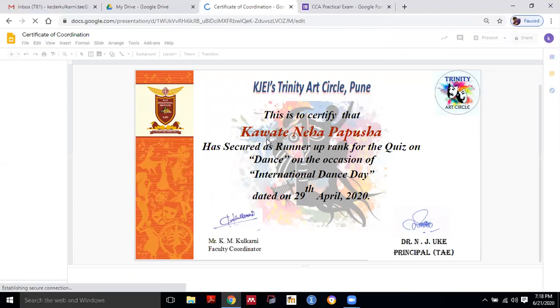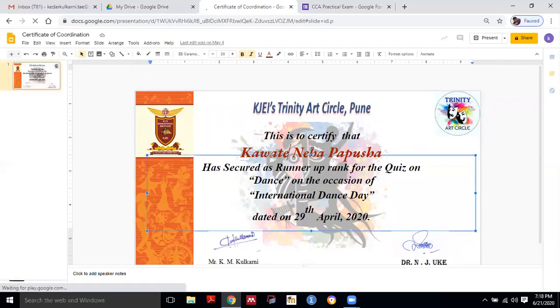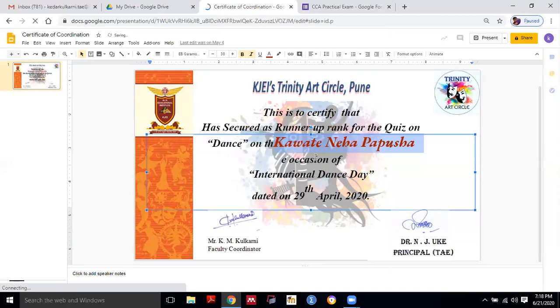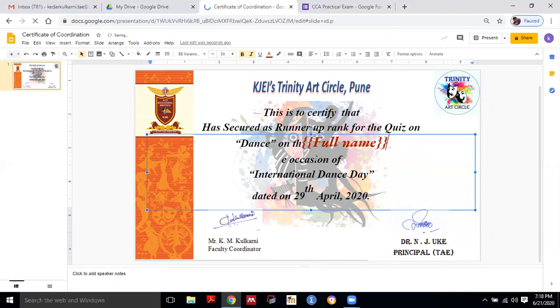So here, instead of name, I have to go for typing this double curly bracket and type here full name and close the curly bracket. If you want to give the date, you can give date by same way, and you can define these things very easily.